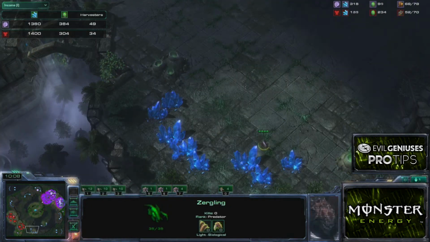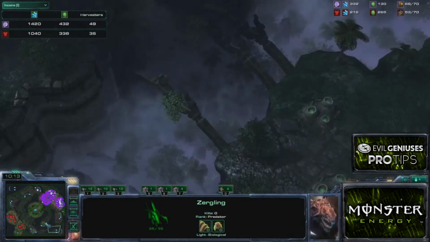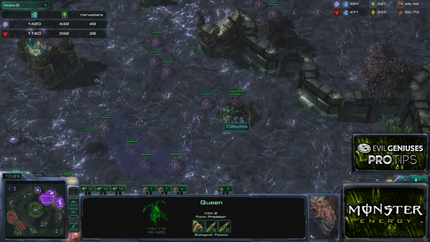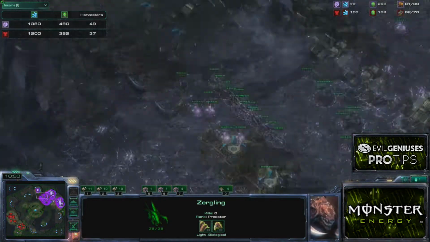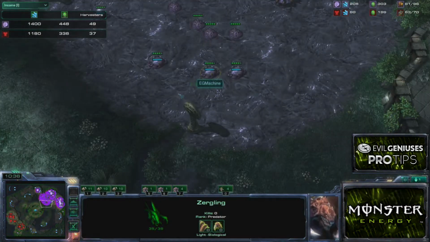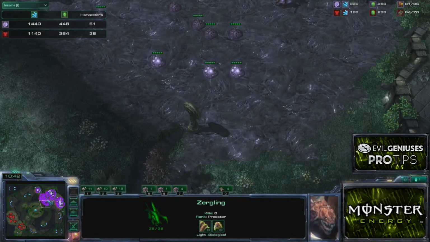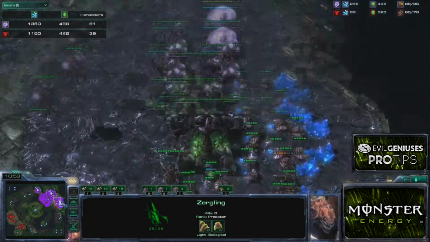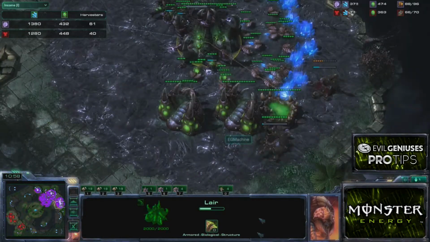And then I'm just scouting the map with my slow lings, looking for hidden thirds, and then spreading my creep simultaneously with this single queen, just towards my third, out into the center of the map. I basically just want the entire map to be covered in creep if I could possibly choose to. So as my lair completes here,